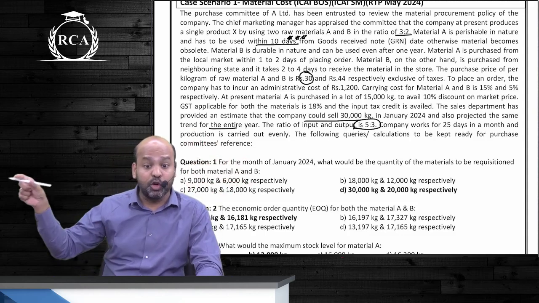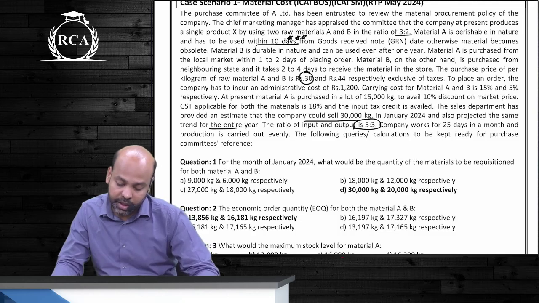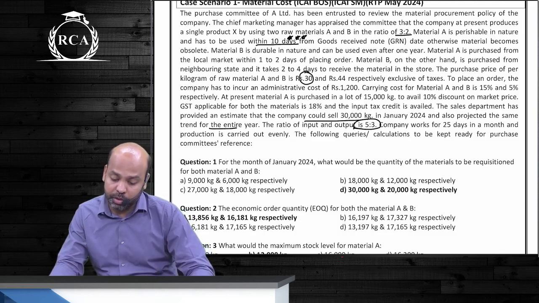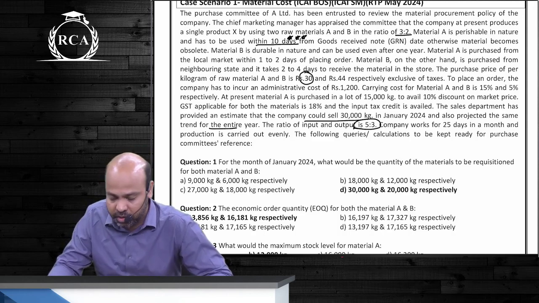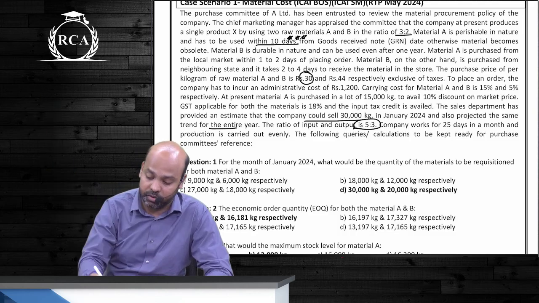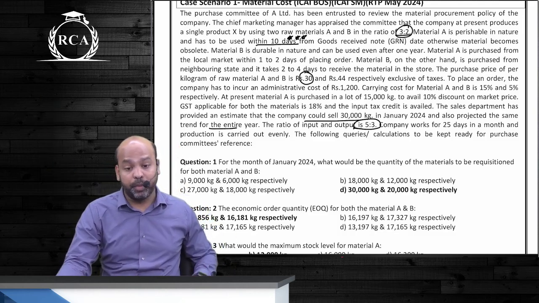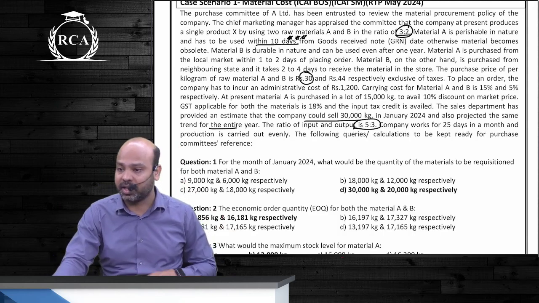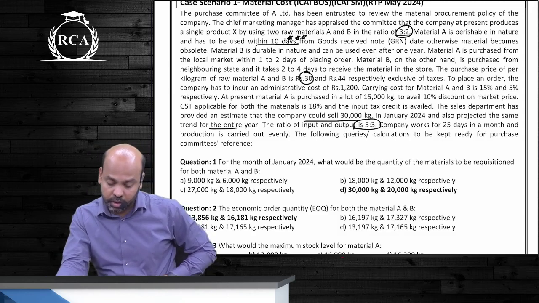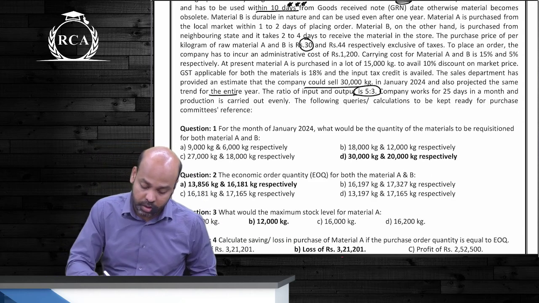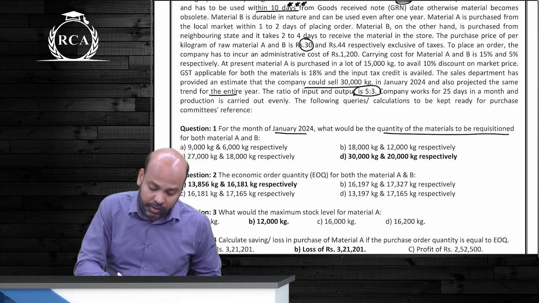So to produce an output of 30,000 kgs, aren't our sales 30,000 kgs? Yes or no, guys? So to produce an output of 30,000 kgs, what will be the total raw material required? It will be 50,000 kgs. And that 50,000 kgs is going to be in the ratio of 3:2. That means 30,000 kgs of raw material A and 20,000 kgs of raw material B. Is that per month or is it for the entire year? Per month. For the month of Jan 2024, what would be the quantity of material to be requisitioned for both